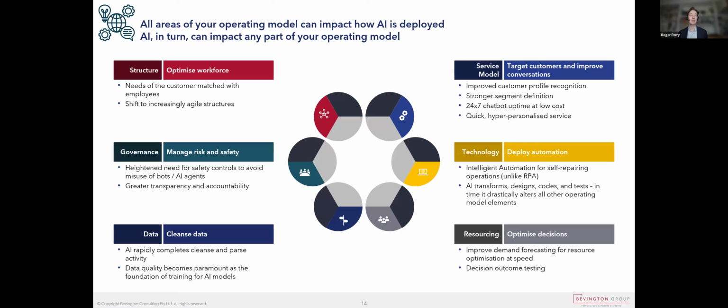So to deep dive a little bit more, one of the other reasons you've got to think about where to play is the complexity of impact, not just the complexity of what's available, as I've just said. There's also complexity of places it impacts. It can affect your structure in two ways. You might have to build some new structural elements to be able to build and maintain the AI that you are deploying. And it's very important to remember that just building and leaving it is rarely the option you can deploy.